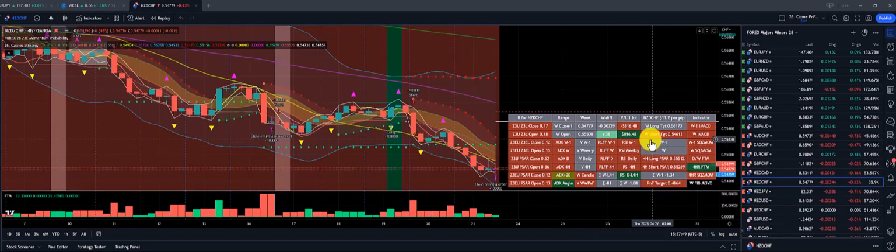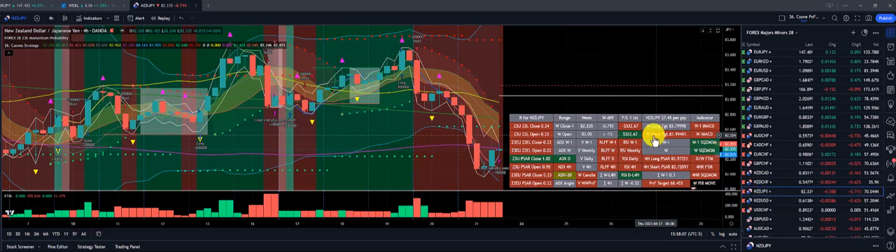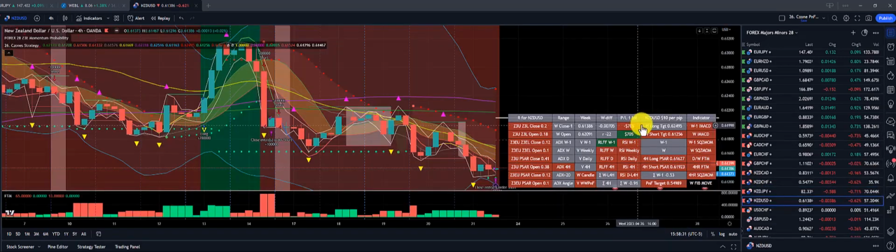New Zealand Swiss franc. Overall target of 0.4864 to the downside. Overall alert with $816 profit on one standard lot. New Zealand Japanese yen. Overall alert for the target to the downside. Profit on this weekly trade at $532 on one standard lot. Overall target at 68.455 to the downside. New Zealand US dollar. Overall alert with a $705 profit on one standard lot with a point figure target of